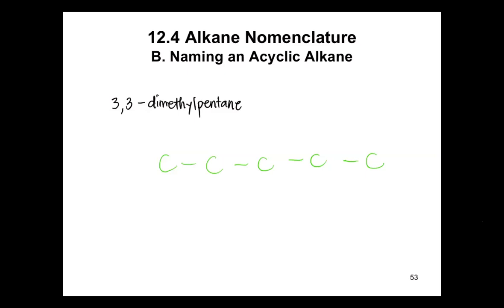Okay? So, for this example, 3,3-dimethyl pentane. Sa carbon 3, meron kang dalawang substituent, parehong methyl. So, carbon 1, carbon 2, carbon 3. And then, attach yung substituents, dalawang carbon. And then, attach yung hydrogen. So, CH3, CH2. Tapos, ito wala nang H. CH3, CH3, CH2, CH2. Question so far sa pag-draw ng acyclic alkane?